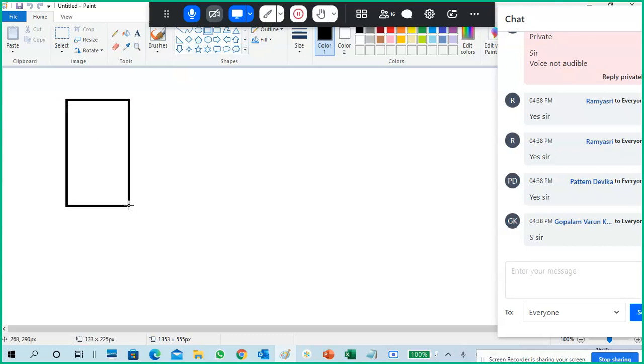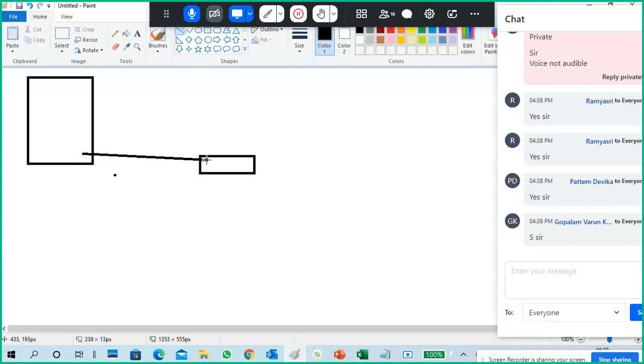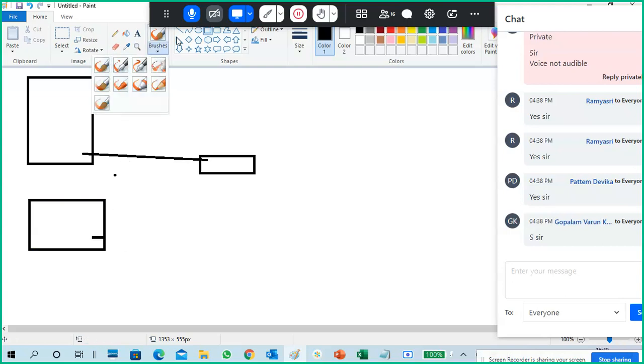See, for example, this is my computer, and here is my switch or a router. I want to connect it to a network. So very simple, I need a NIC. Through the NIC we are able to connect it. Okay, if you have a laptop, then through the NIC we can connect it.